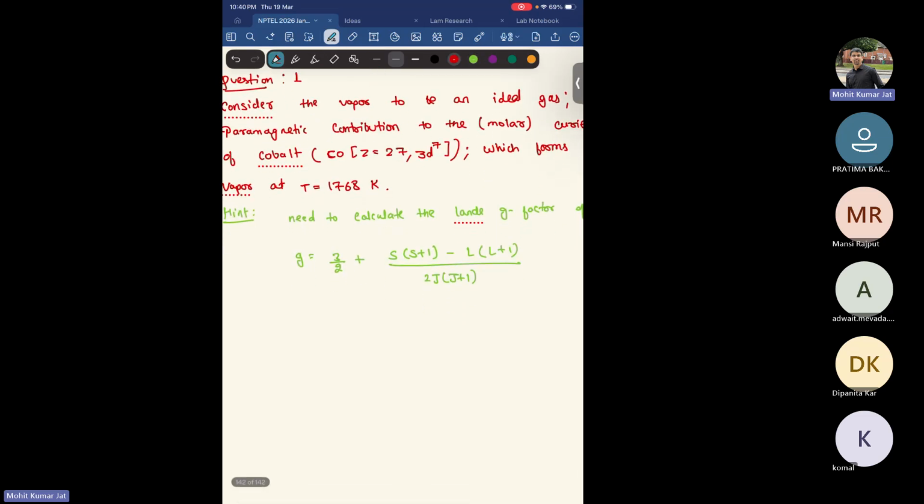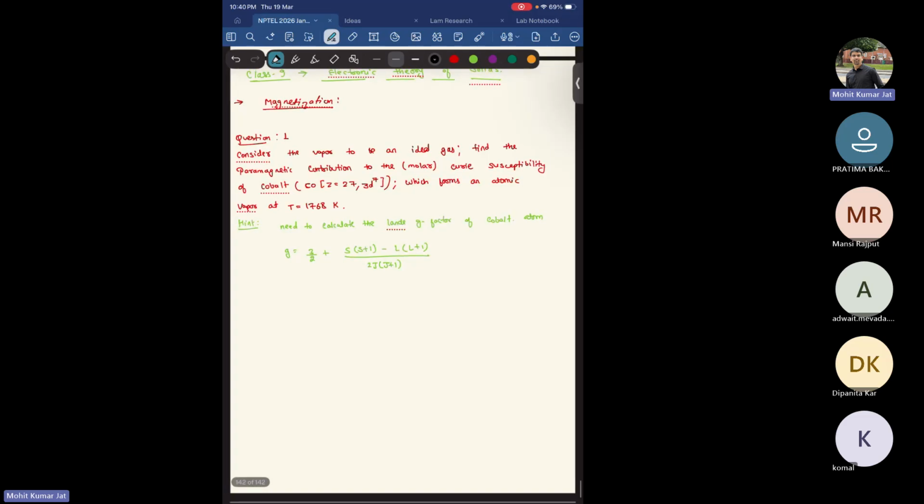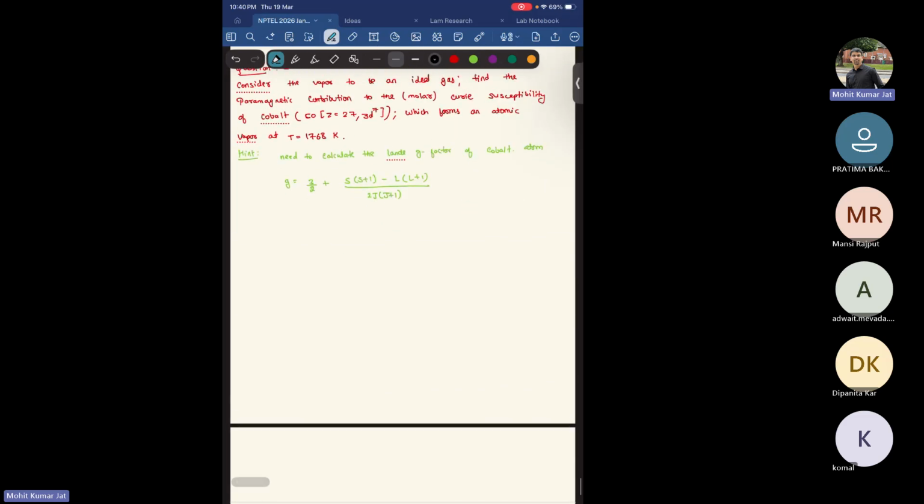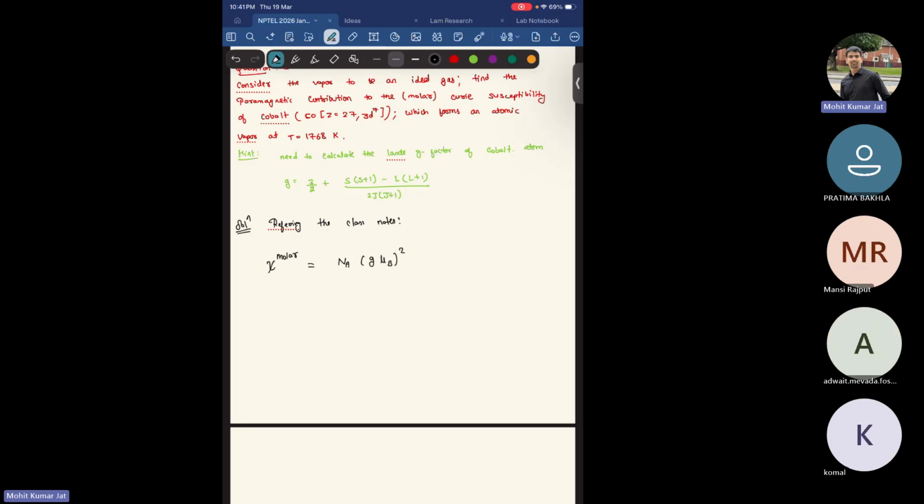So we know from the class notes that the Curie susceptibility is N_A, the Avogadro number, times the Landé g factor g, mu_B, the Bohr magneton, squared, times J(J+1), divided by 3 k_B T. Let me label this as equation 1,